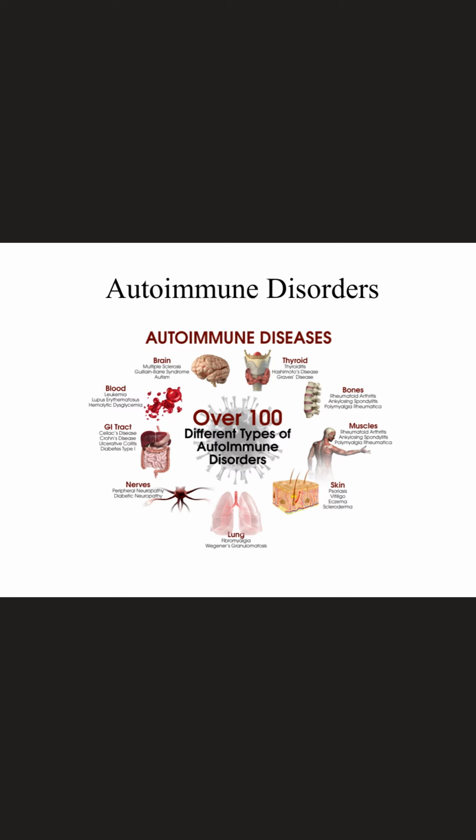So with autoimmune diseases, there are about 100 types that are recognized right now, and I'm just going to give you a couple of different examples of them. These are also going to tie into those hypersensitivities that you should have learned. If you haven't learned them yet, I have a talk on my YouTube channel about the 4 types of hypersensitivities, type 1, 2, 3, 4. Those hypersensitivities form the basis of these autoimmune diseases. There's some sort of breakdown of these normal immune responses, and then you get too much immunity to the self